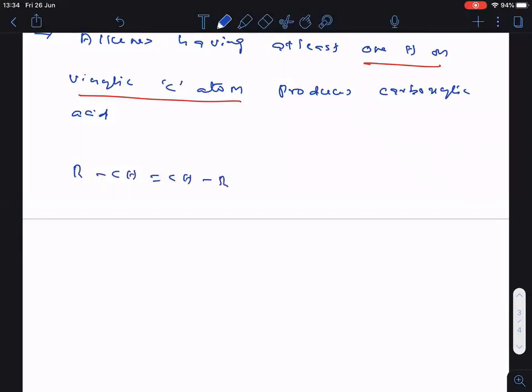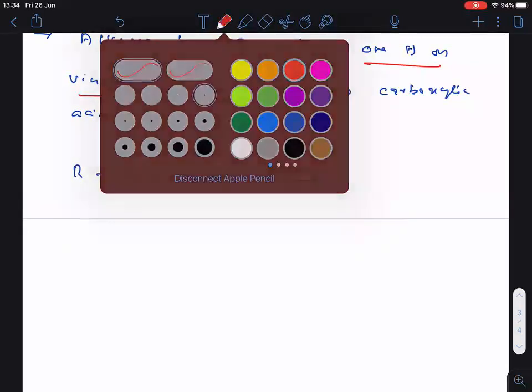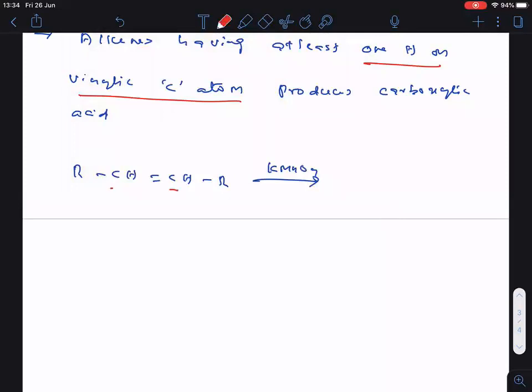So what is this vinylic carbon, I am going to explain now. For example, let me take this compound. When this undergoes oxidation with a strong oxidizing agent like KMnO4, see clearly, everyone. These carbons are called vinylic carbons. They contain hydrogens. Clear? Oxidation means removal of hydrogen only. If hydrogen is not there, then what will we remove? Therefore, the vinylic carbon should contain at least one hydrogen.